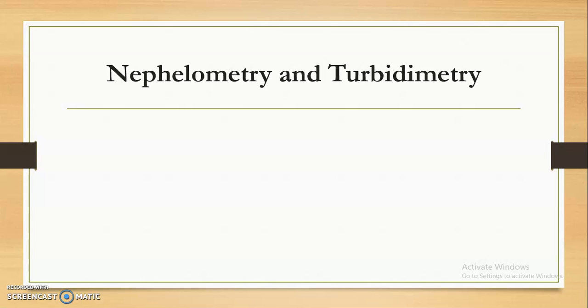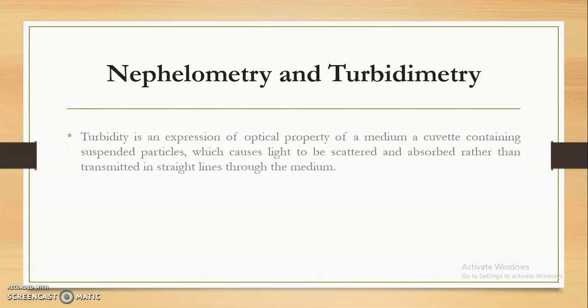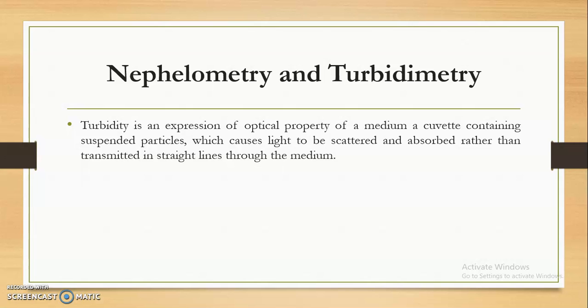Now, the next technique that we are going to discuss is nephelometry as well as turbidimetry. Turbidity is an expression of the optical property of a medium, a cuvette containing suspended particles, which causes light to be scattered and absorbed rather than transmitted in a straight line through the medium. Already I have told you the meaning of light scattering. So nephelometry and turbidimetry are based upon the light scattering effect,